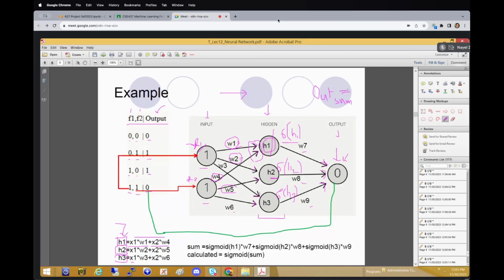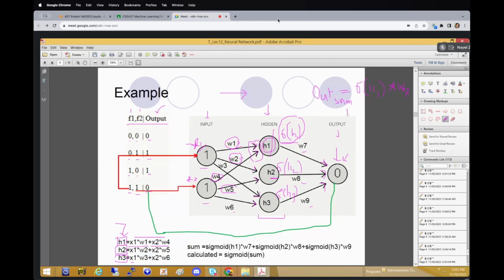It will be, again, a linear combination of the sigmoid values and the weights. So here is the sigmoid of h1 times w7,